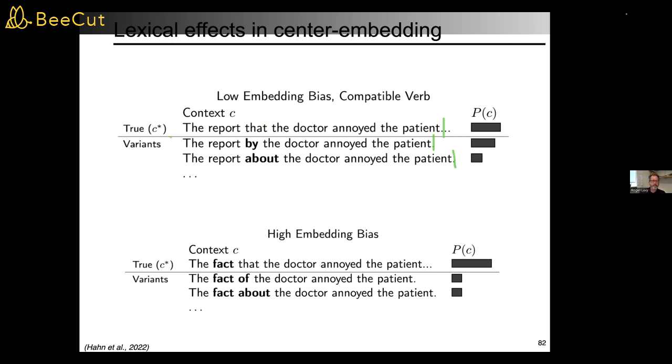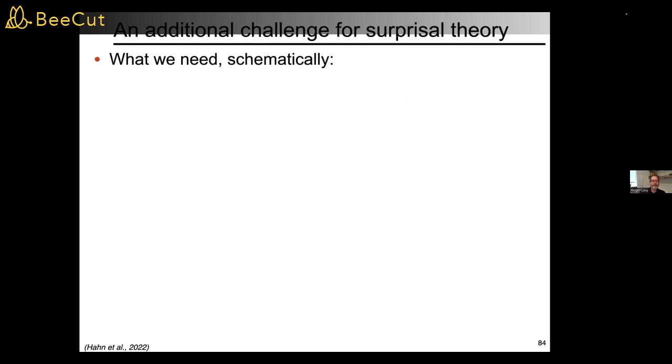And in a sense, these variants are actually maybe real competitors with the true context, because the word that is not a particularly common kind of structure to occur after report, but it's a very common kind of structure to occur after fact. So relatively speaking, these competitor contexts are not good competitors in the same way that these are good competitors for this context. That's the conceptual idea, okay? And so we actually have built an at-scale noisy channel processing model that captures this.